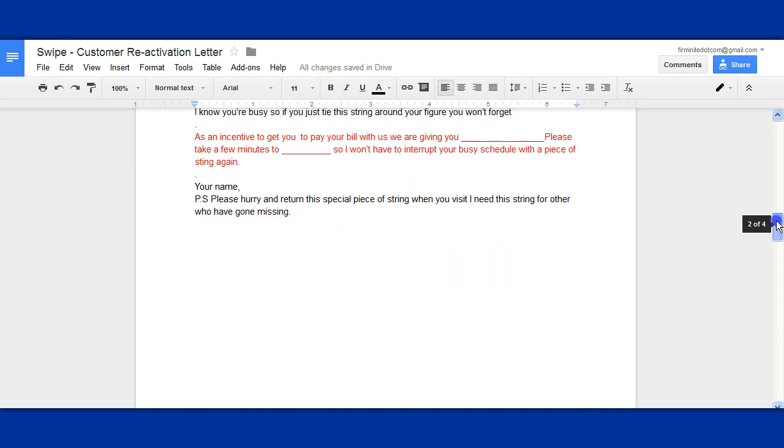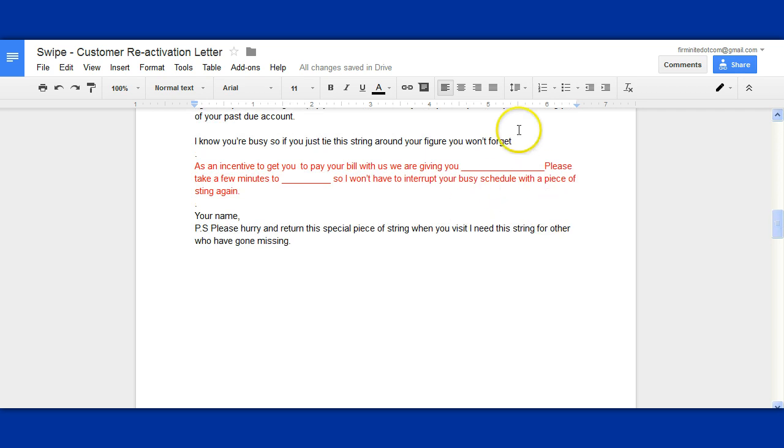Now, as you can see, I got this little section in red, right? This is a bonus material. If you want to increase your responses even more, remember, in business, our job is to provide more value than any of our competitors, right? And our job is also to help our customers get what they want, and you will also get what you want, right? So the place in red is an option.